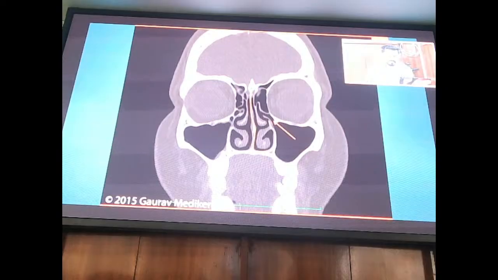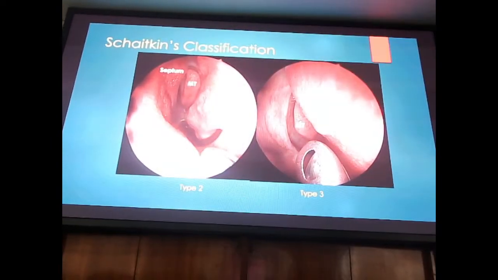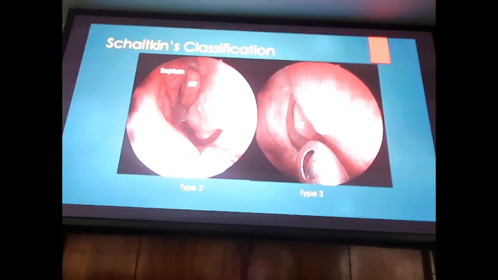So that is something that you have to pay attention to. I use something called Shaitkin's classification, where you have 4 grades. If the septal deviation is up to the medial lamella of the middle turbinate, you don't really need to do much. But the moment it crosses the medial lamella of the middle turbinate and is coming to the lateral lamella,